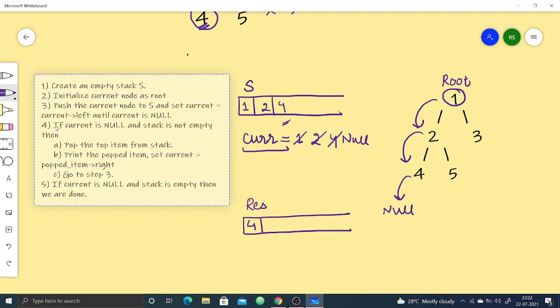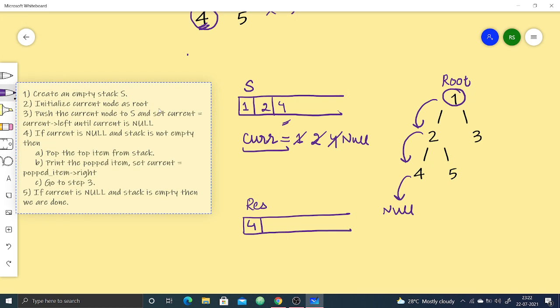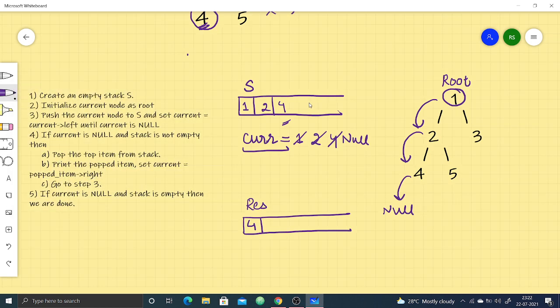Just see here, if current is null and the stack is not empty, we pop the item from the stack and print the popped item, and current would be the popped item's right. Since I have popped 4, my stack doesn't hold 4 anymore. Now 4 is in the result vector.